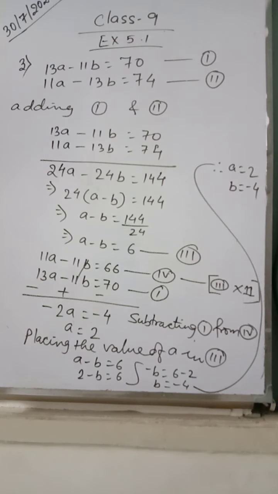You don't need to worry how to do it. See, if you get the LCM of 11 and 13, it's okay. It's not wrong. But that will be quite longer. So to make it short, we use this. We add it up and we get a simple equation, and then further we solve it according to the need. So this is question number 3. In this way you have to do it.